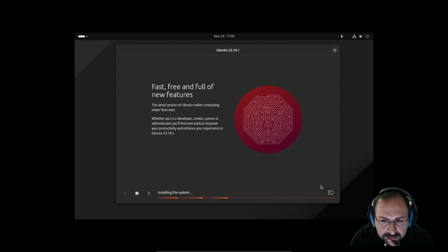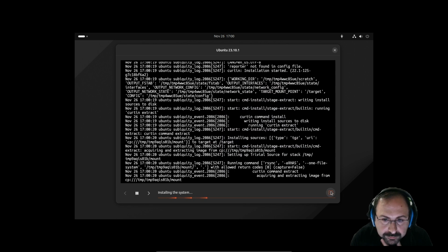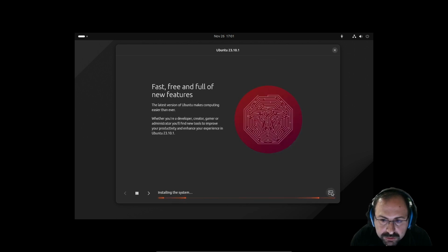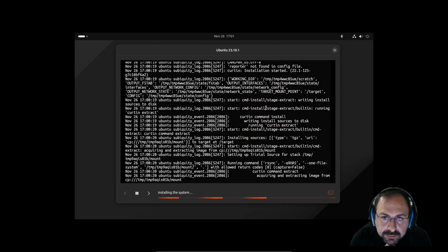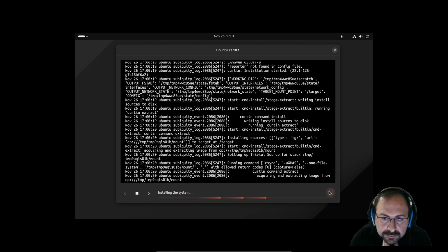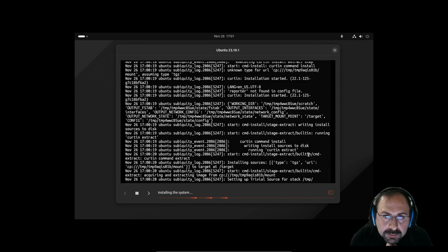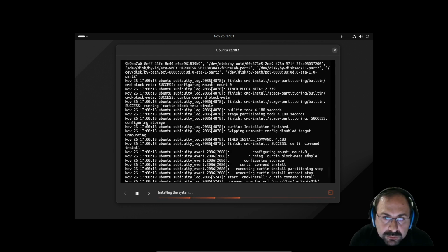Meanwhile, during this progress, you can click this console button and you can follow the logs, what's happening in the background.